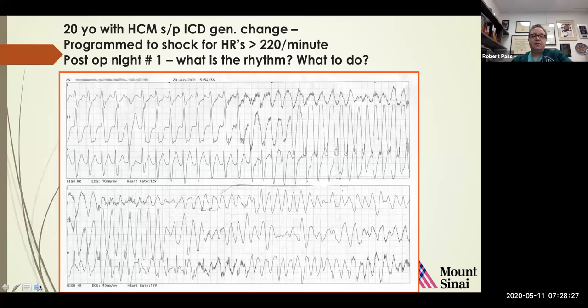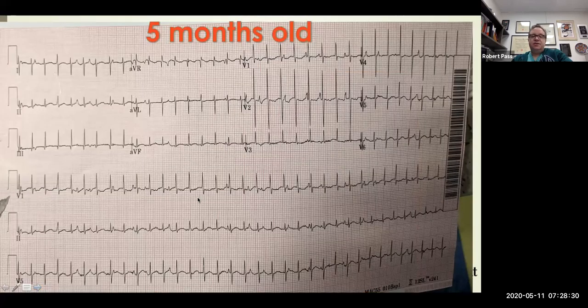Okay. All right. This is a 5-month-old who presents to the emergency room with this arrhythmia. And let's see if